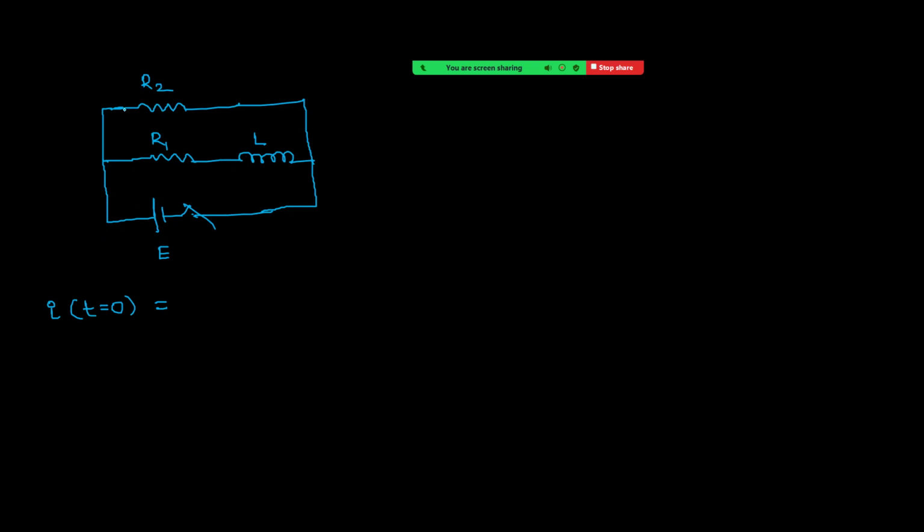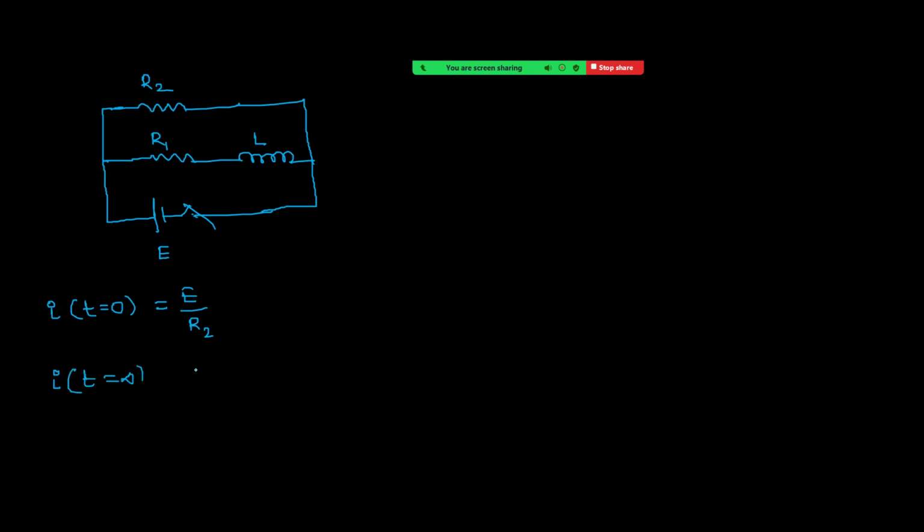See carefully, this R2 is now across this battery, and this is also across the same battery. So across R2, the potential difference is always equal to EMF. Therefore, the current is E by R2 just after closing the switch, and in the inductor branch there is no current. So finally, the current through the battery is E by R2. And after a long time,